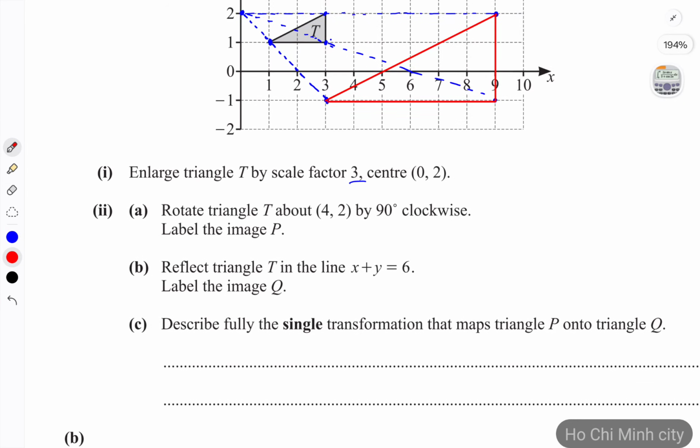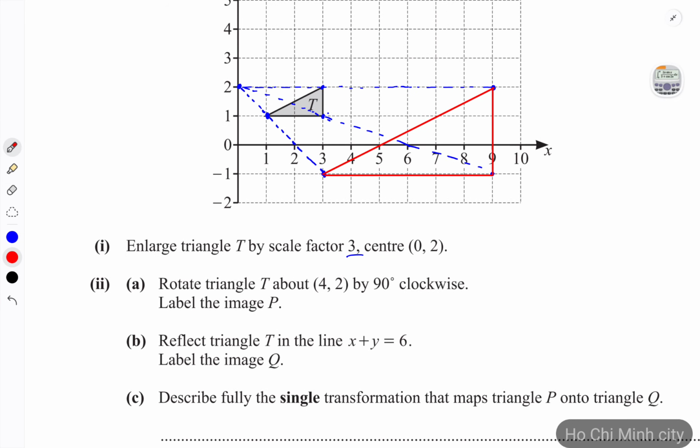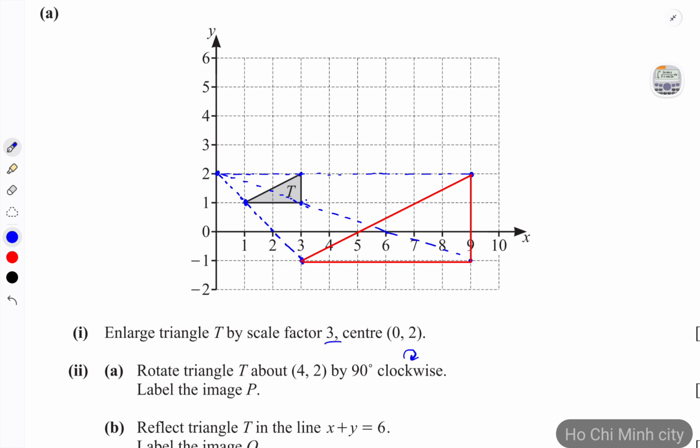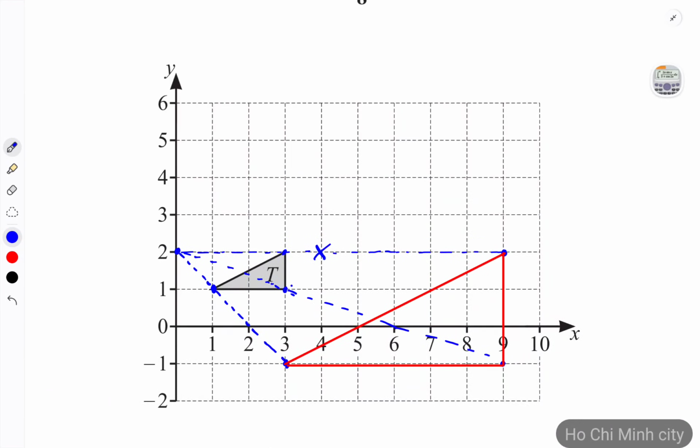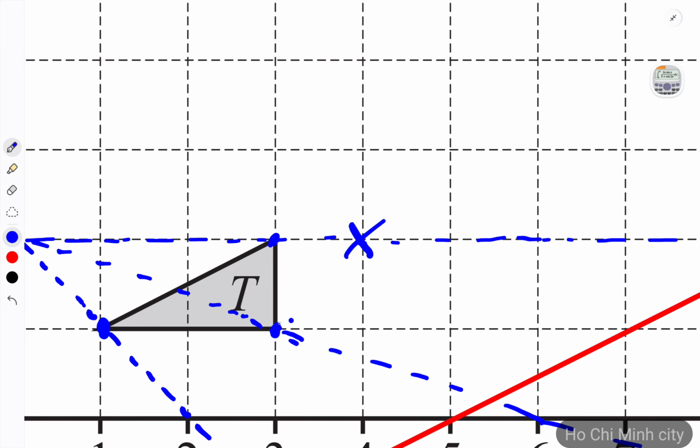Now we need to rotate triangle T about the point (4, 2) by 90 degrees clockwise. So the clockwise will be this direction. And the point (4, 2) is this point. So now rotate 90 degrees. All right, so first of all, we need to rotate this point. So this point would become this point. And then this point would become this point. And finally, this point would become